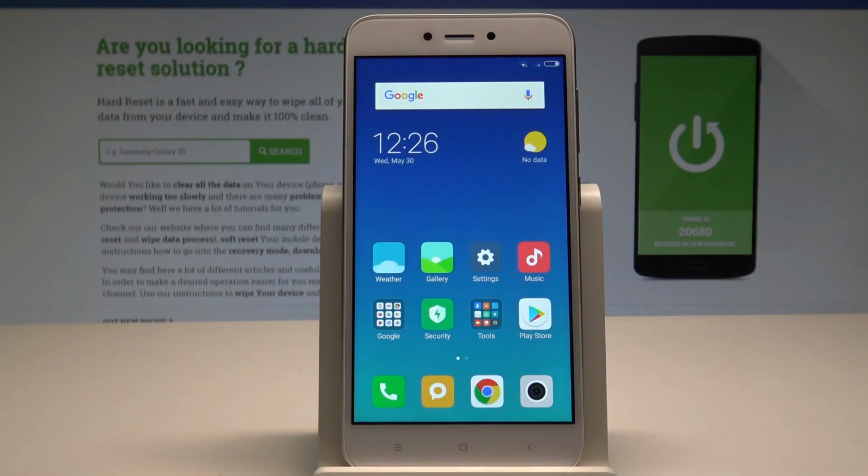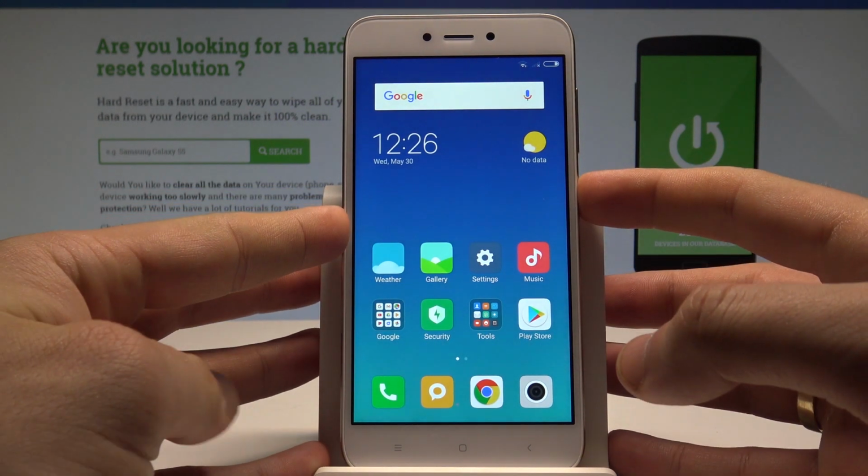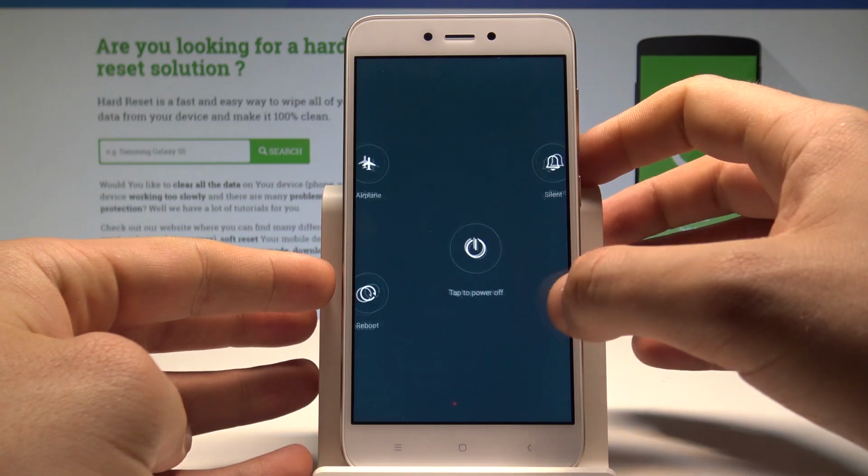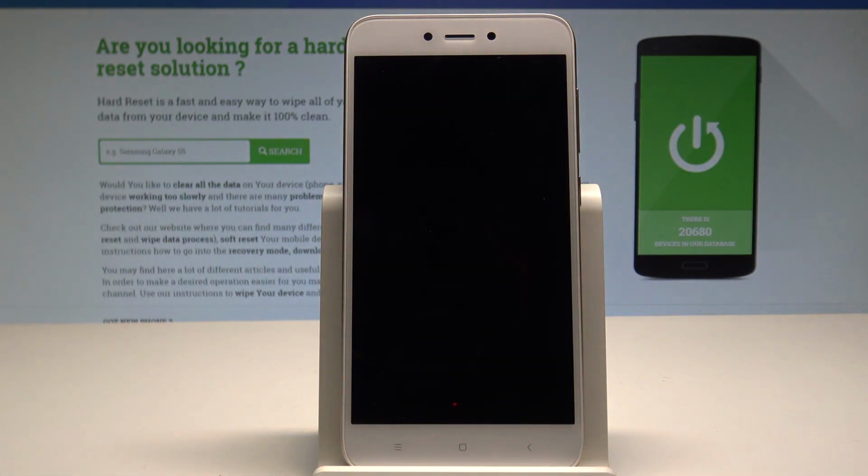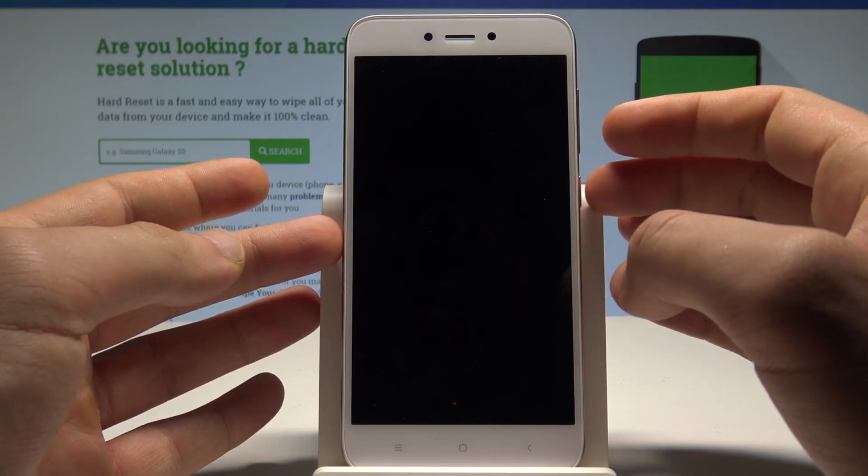Here I have Xiaomi Redmi 5A and let me show you how to enter the recovery mode on the following device. So at the very beginning, let's start by pressing the power key right here. Choose power off and tap power off again just to confirm the whole operation. Wait until your device is completely switched off, and afterwards you need to use the following combination of keys,